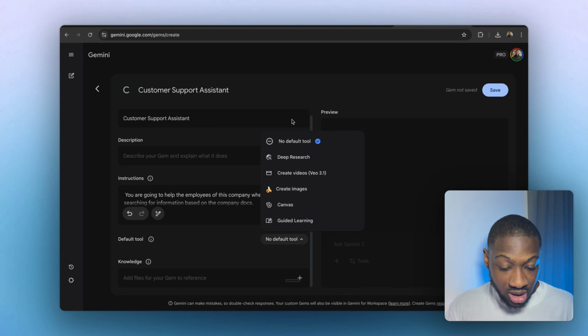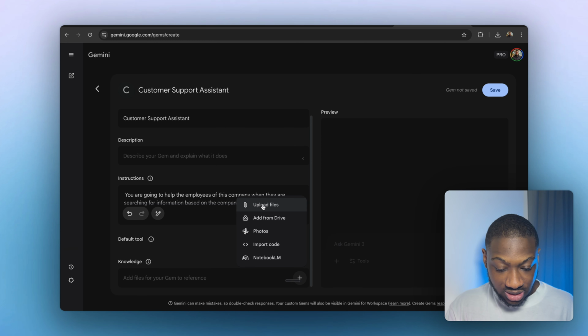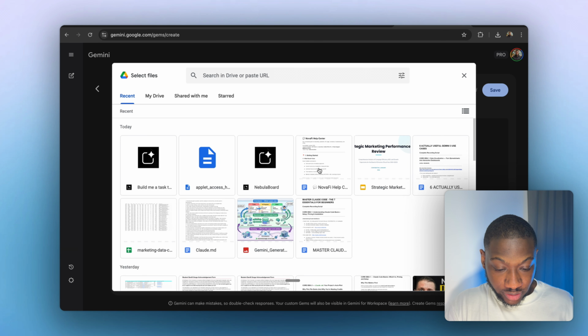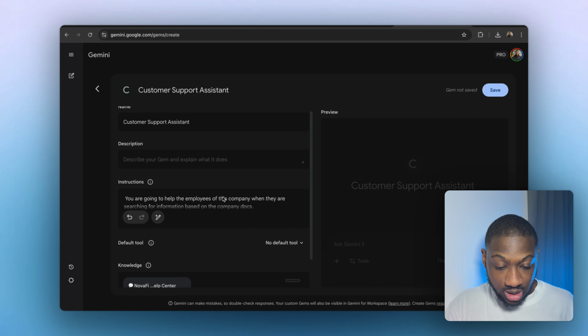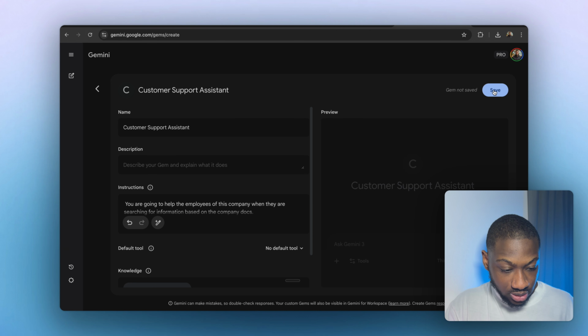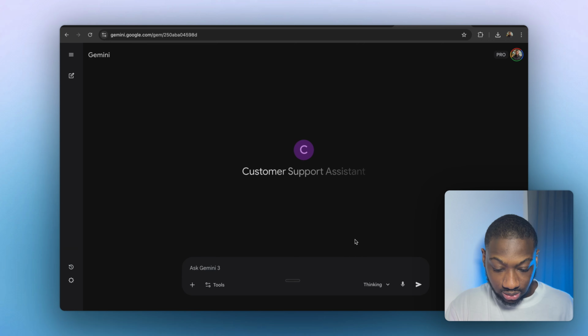But in this case, we're not going to assign it any tool, because the purpose of our gem is just to search through the knowledge, which you can see here. And this is where we will be adding the docs. Basically, we're going to add from Drive, then select this one and click on it, set. And what we are going to do is just click on save. You can see start chat. So now we are using the gem just like we would be using Gemini,